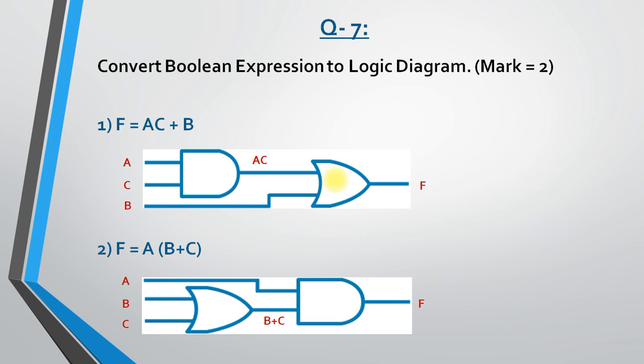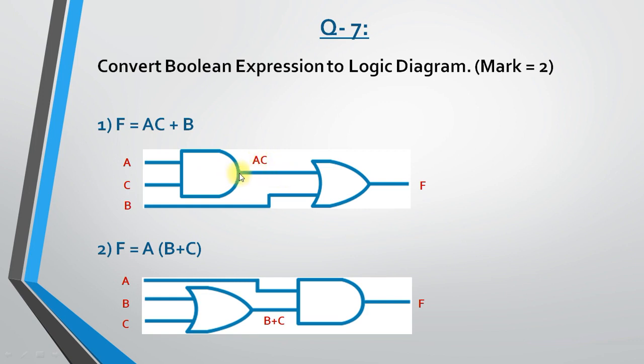Now see, what is the next requirement? A into C. That means in the AND gate, how many input lines do I have to draw? 2 input lines. So I have passed 2 values with the AND gate. Now give the name of those 2 input lines. The first input line is represented by A and the second input line by C. After passing the values of A and C into this AND gate, we have output A into C.